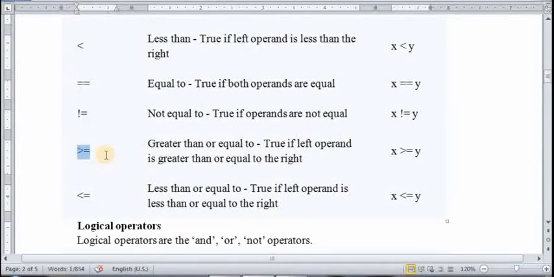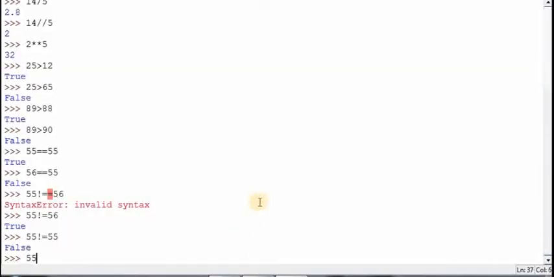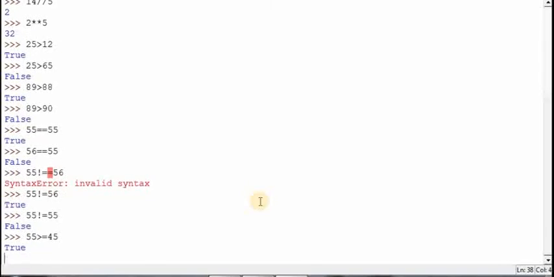Similarly, you can check greater than or equal to, so it will take both conditions, equal to and greater than. Let's take an example. 55 is greater than or equal to 45. Is this condition true or false? Sorry, you have to use the greater than or equal sign. Yes, 55 is greater than 45, that's why it will return true.